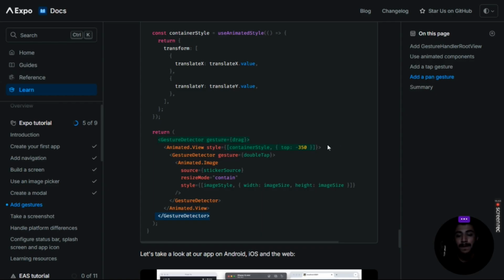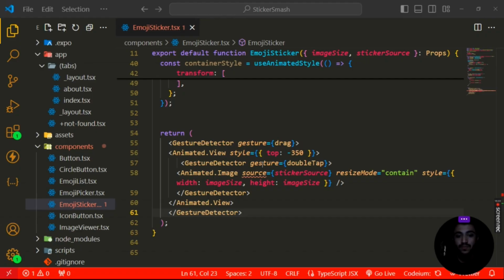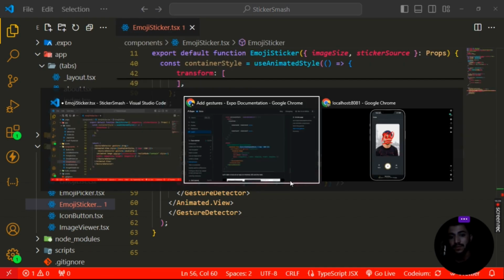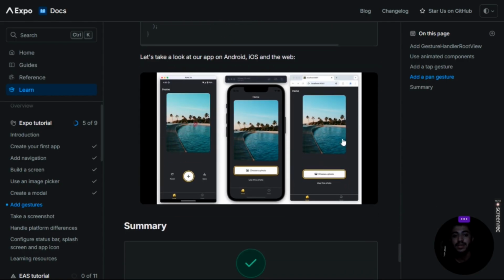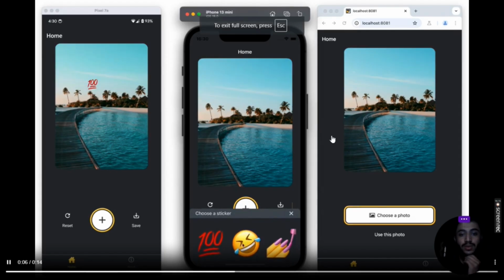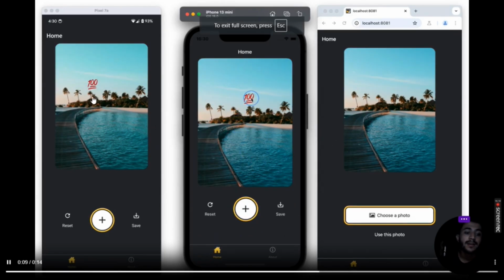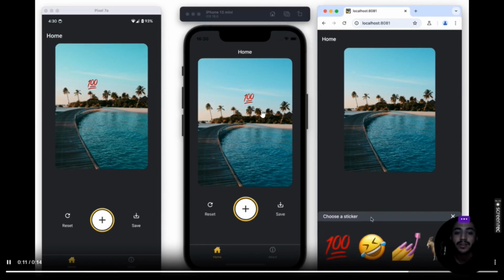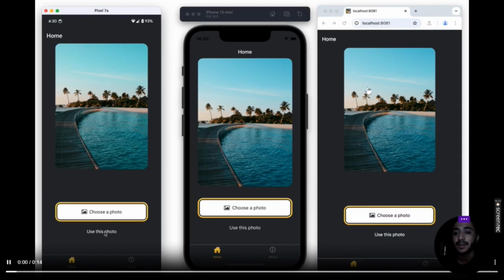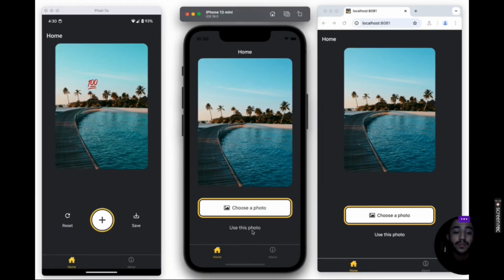It gives the ability to drag our stuff, and we have to copy this code because now we are not just doing style, we are also doing container style. So it will work perfectly. If we see on different screens, then you can see how it looks on Android and iOS and on website. And we have implemented the draggable feature to our application, and we are now able to resize our